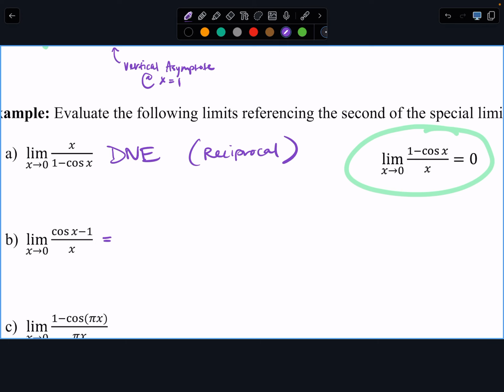I would probably, my brain goes, I'm going to factor a -1 out of the numerator, but it does the same thing, right? So I'm going to think about factoring a -1 out, or like Jack said, you could think about multiplying by -1 over -1 to match up with the special limit. But if I factor out the -1,